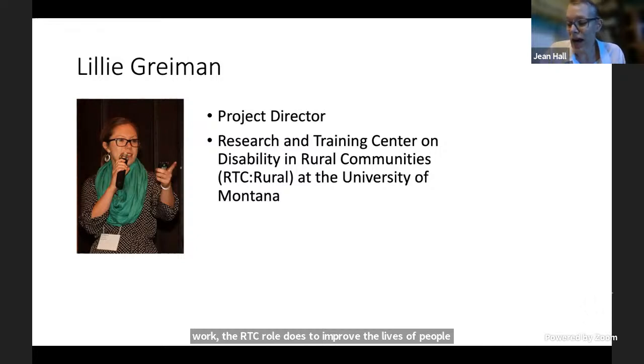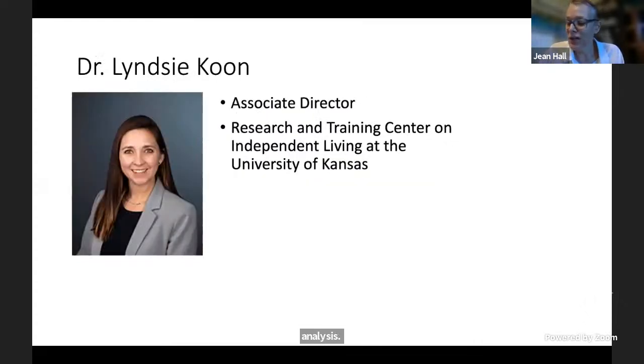Her focus areas are housing, community participation, rural community development, and spatial and demographic analysis. And finally, our last speaker today is Dr. Lindsay Kuhn. She joined the Research and Training Center on Independent Living at KU as Associate Director in October of